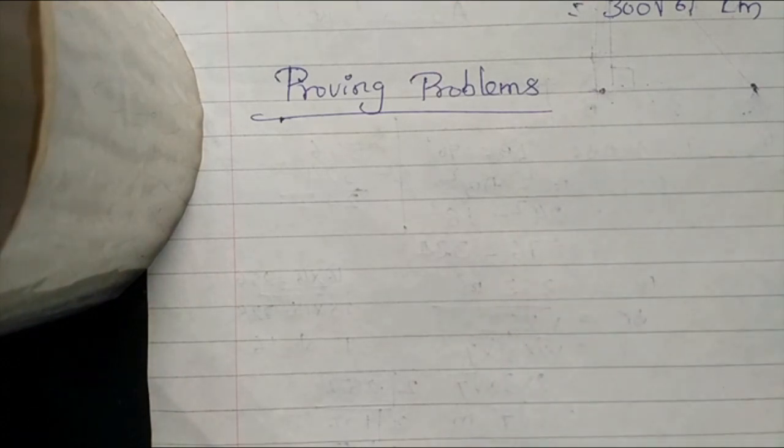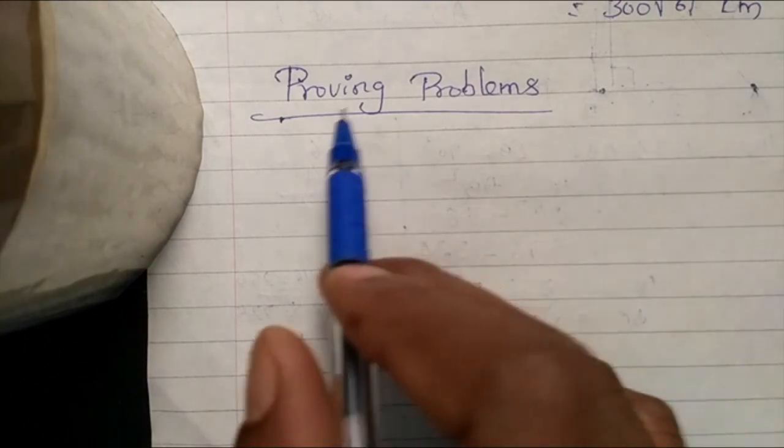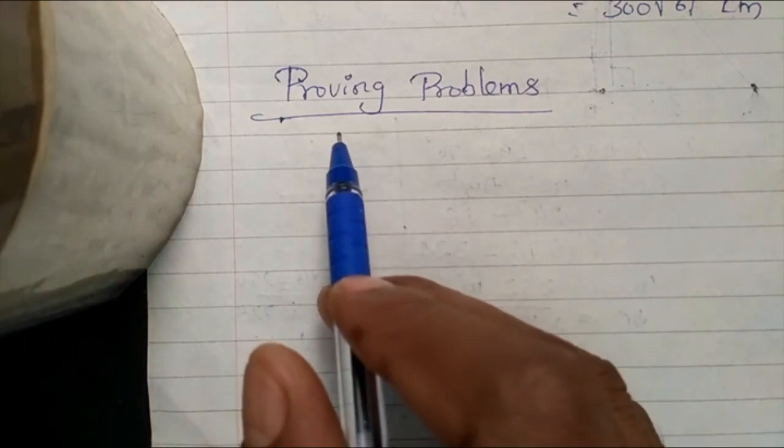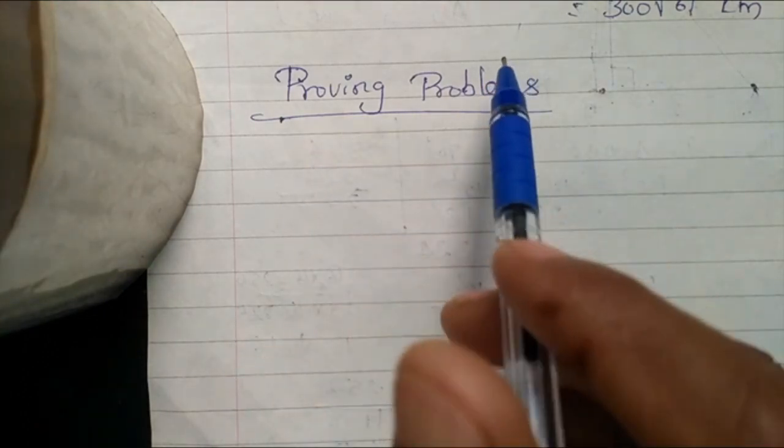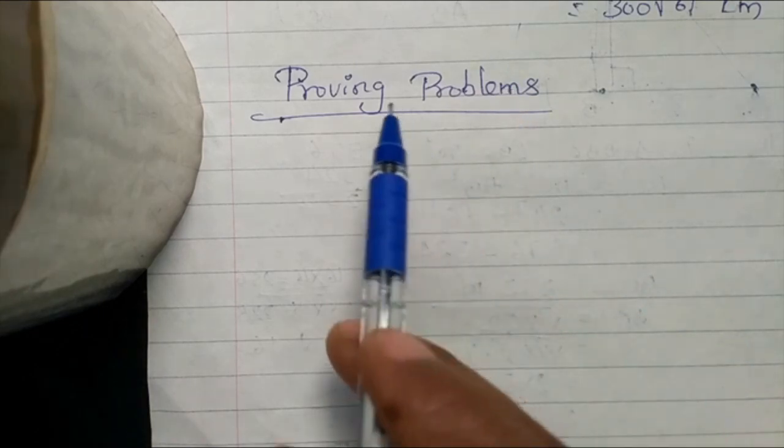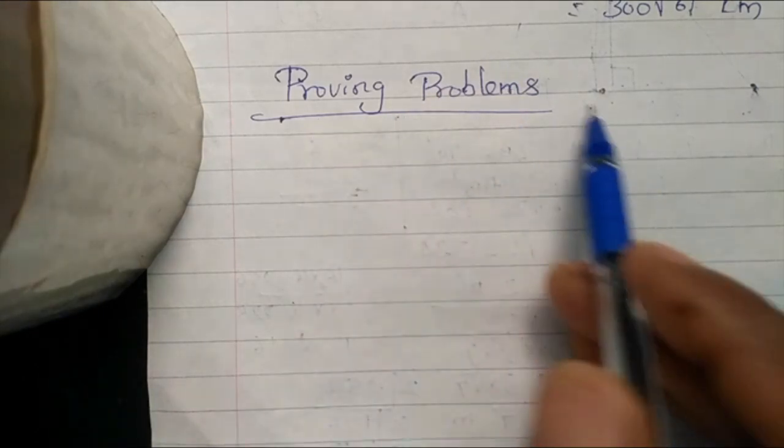There are three kinds totally. The first one is prove the Pythagoras theorem. The second one is application problems on Pythagoras theorem. The third one is proving problems based on Pythagoras theorem. So we are in the third level now. The Pythagoras theorem is proved. Some application problems also solved. Now we are in the proving problem.